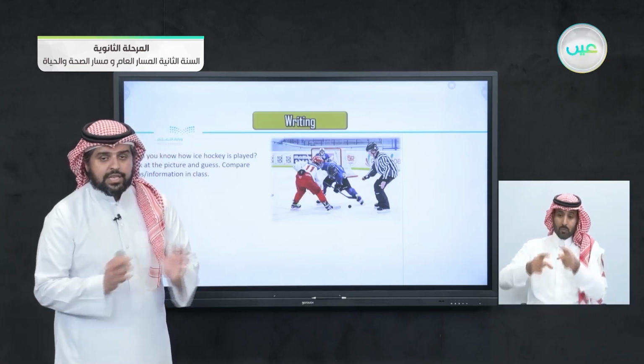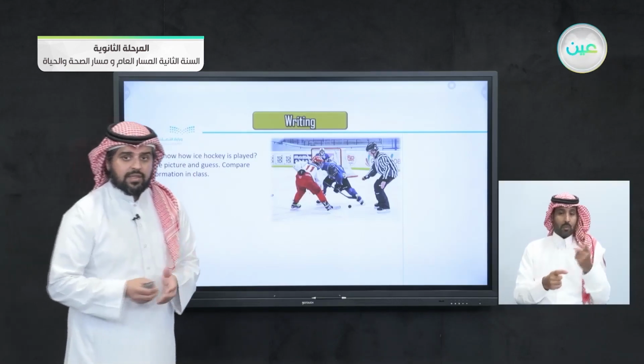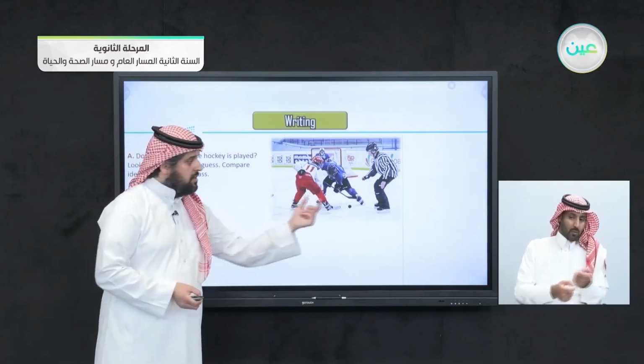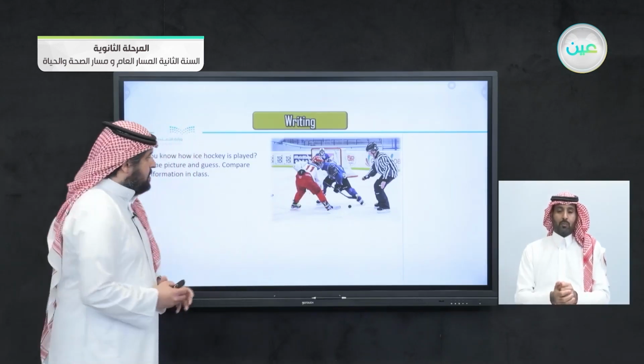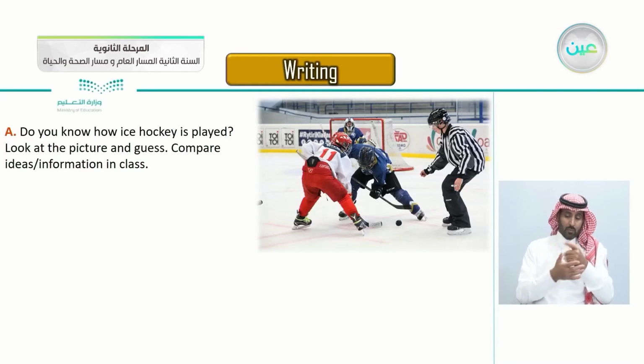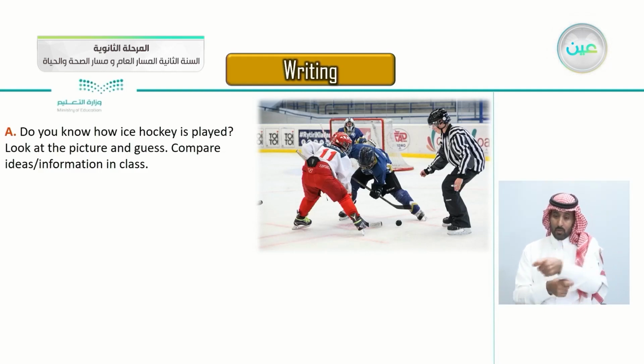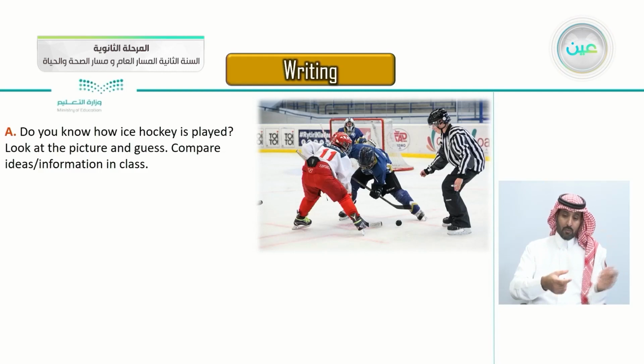So I think now we can come up with something: they're trying to hit this object and get it through the net. Compare ideas and information in the class. So I think it's obvious from the picture. Maybe the main goal of hockey is just to hit this object, using the stick of course,